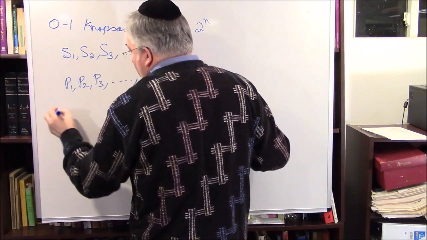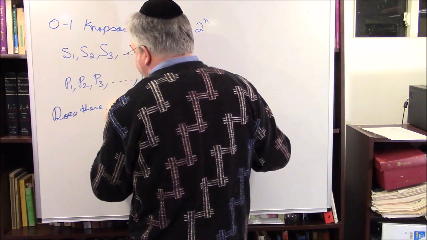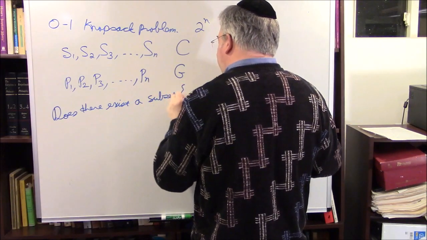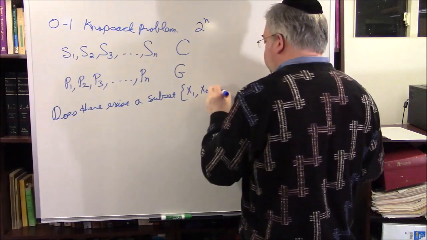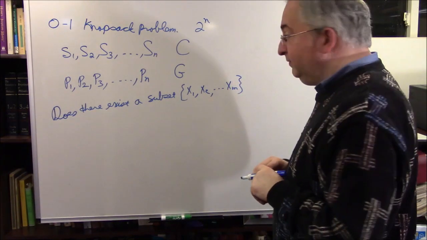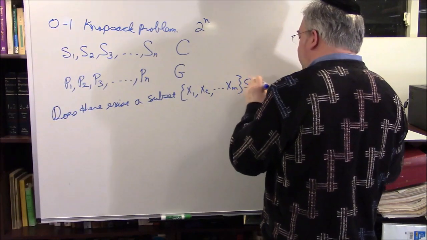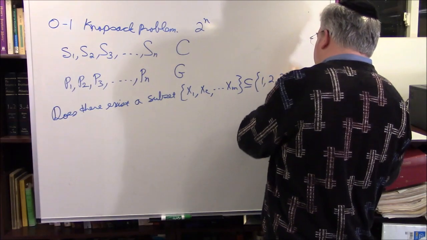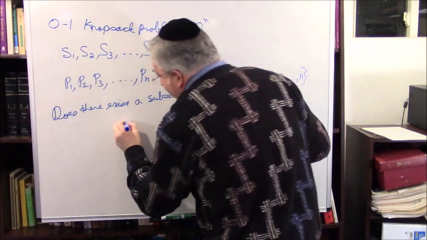Question: does there exist a subset x1, x2, ..., xm, a bunch of things, a subset of 1, 2, 3, ..., n? Can I find a subset of these things such that the sum